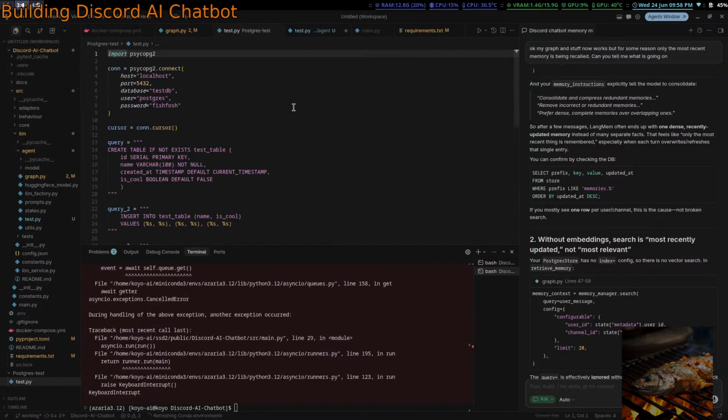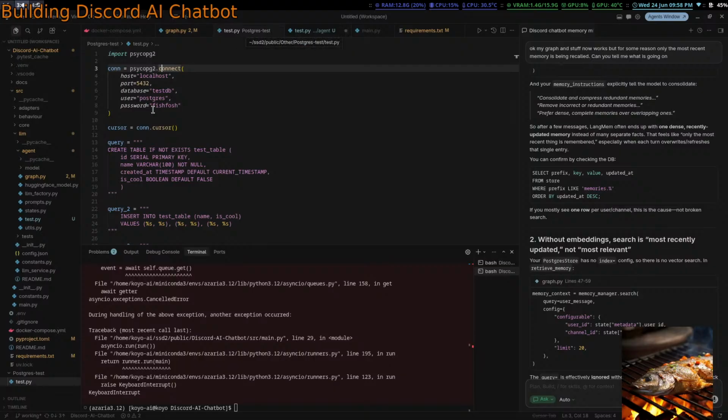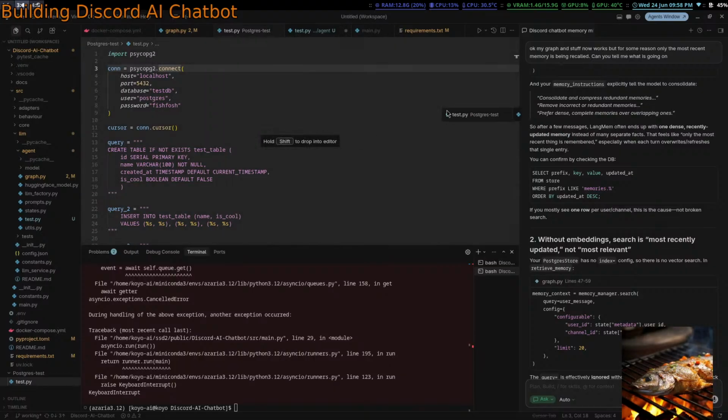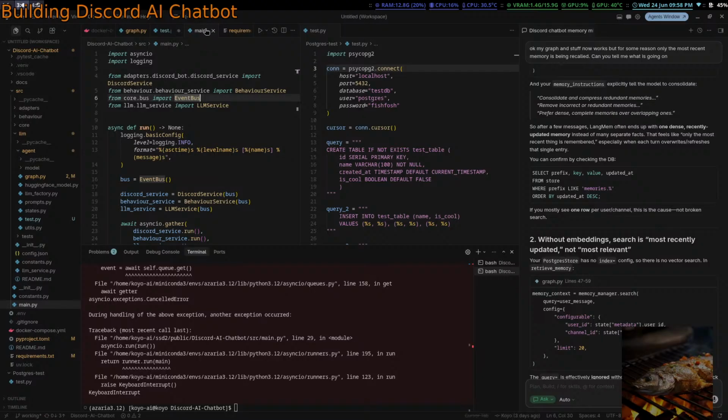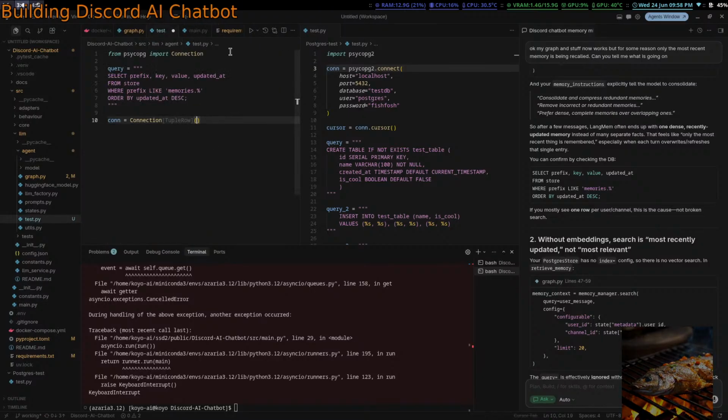Okay. psycopg2.connect. Oh, I see. Get over here. I see. Import psycopg2, and then con which equals